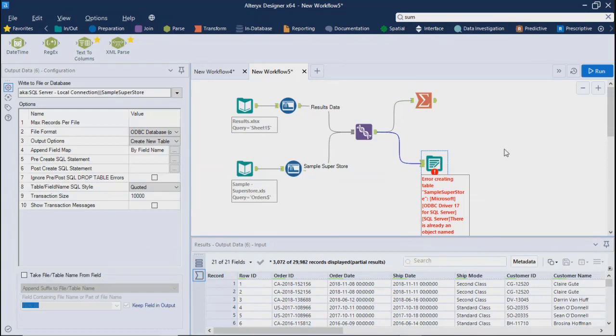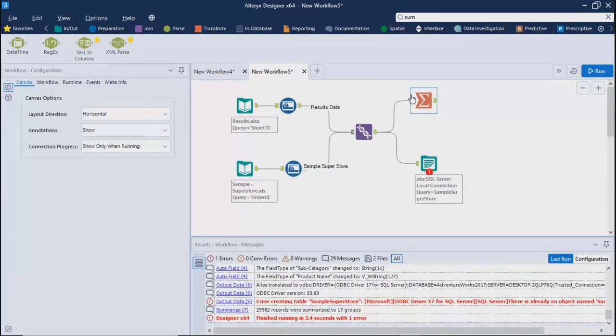Right? Do you know why I have got this error? Anybody, any clue? How should I go ahead and see why this error came? There is already an object name, means the table name is the same here, I think.